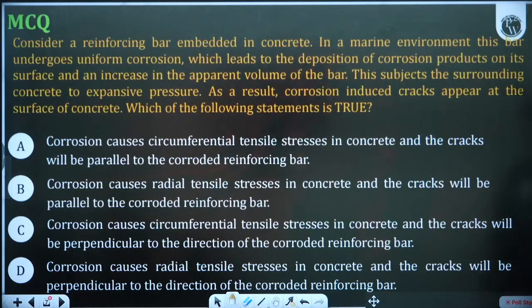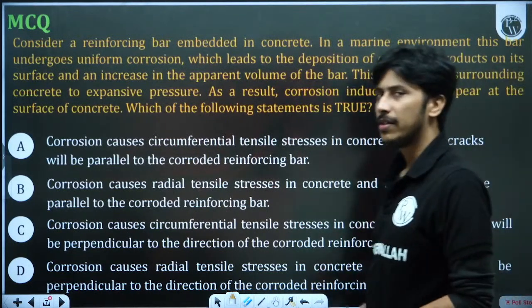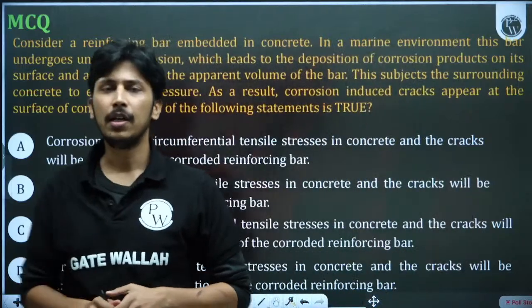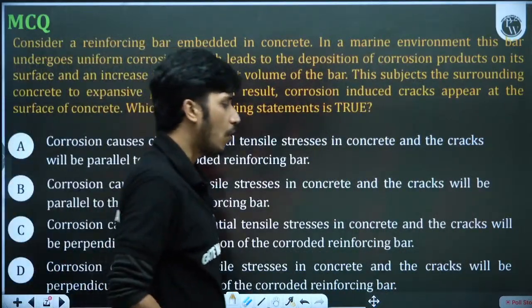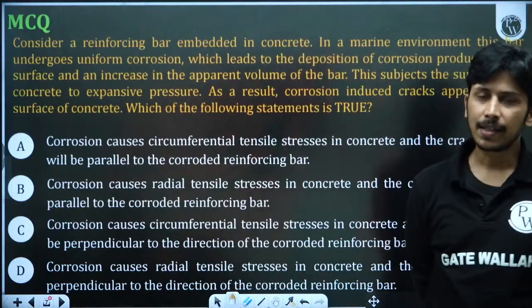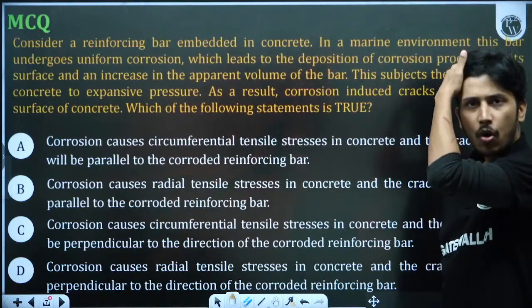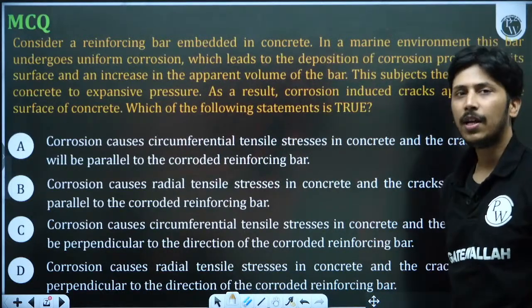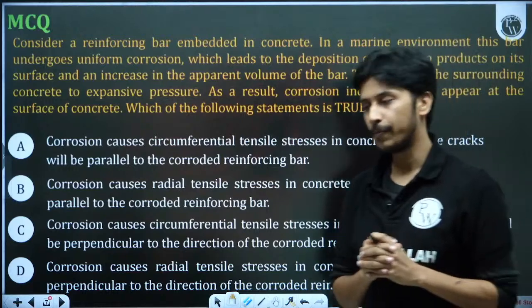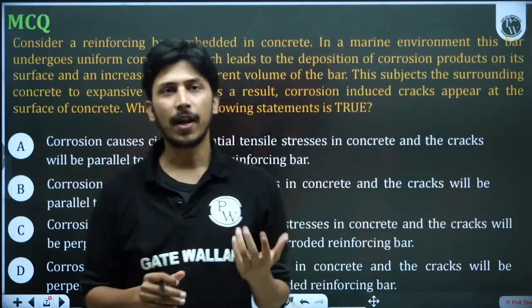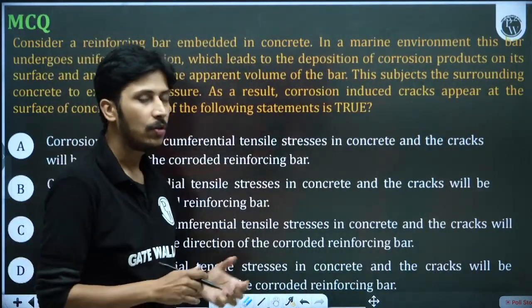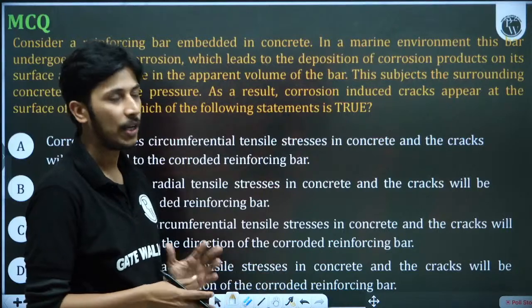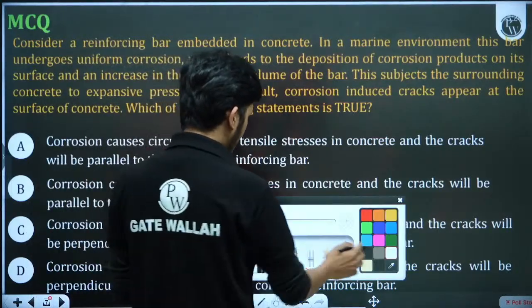Okay guys, I think you have given the answer, but what is important here? The important thing to understand is that it is asking about corrosion cracks. So for all the types of cracks and their direction of propagation, we must know these things. First of all, what are the types of crack, and what is the direction of their propagation. So first of all, let us study this question.